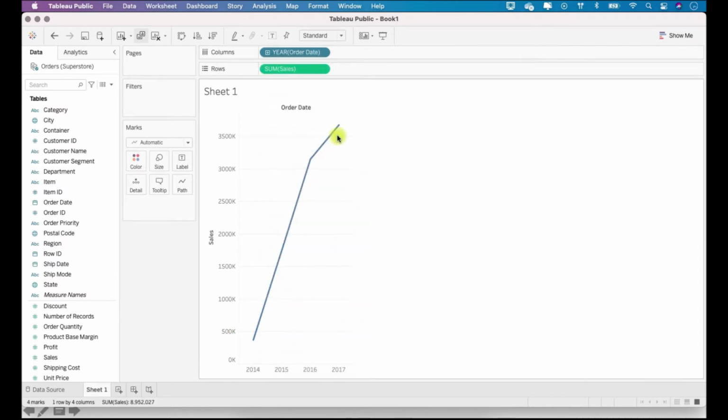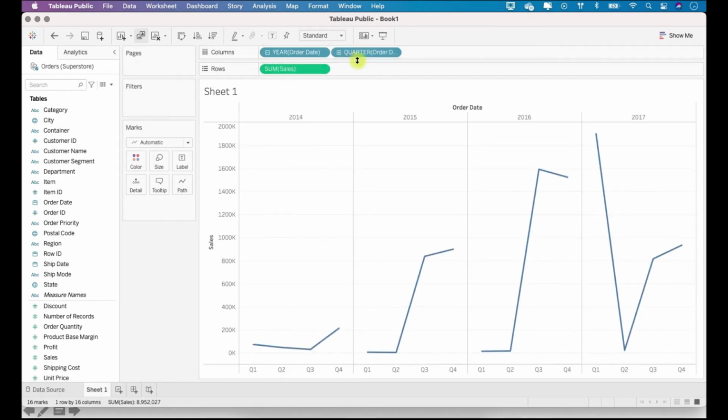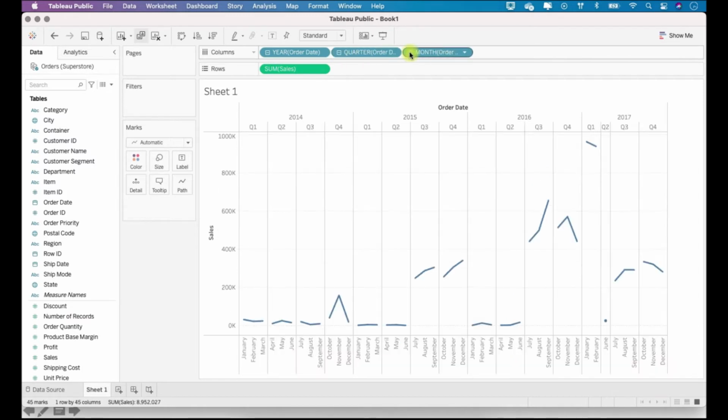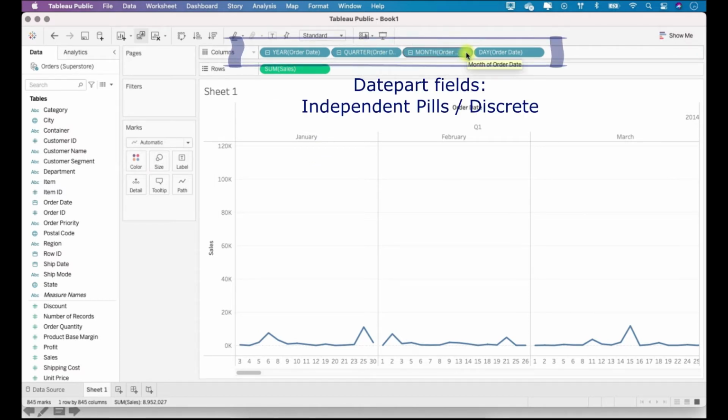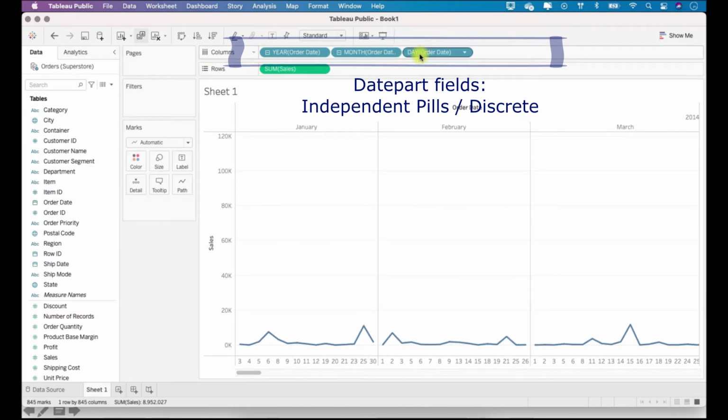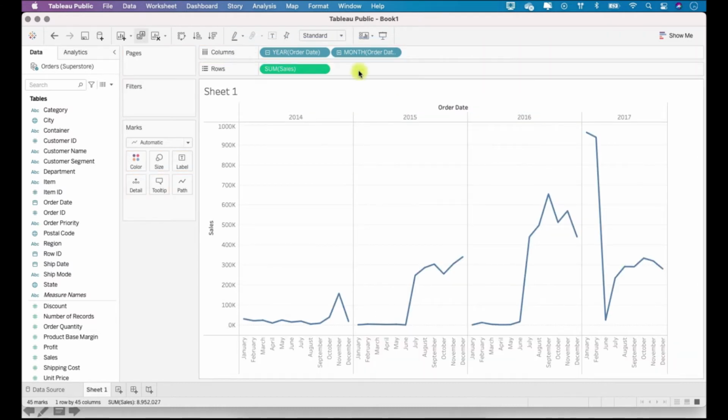Okay. Now in this date part, this plus sign you see here, we can just click on this and keep drilling down, right? So it will drill down till the last available option in your field. So we don't have time information, so that's why it's limited to day. Otherwise, we would have got time information also: hour, minute, second. Okay. Now the best part of date part is that we can remove any of these fields. So if I don't want quarter, I can remove this field. If I don't want day, I can remove this field. So I'm left with year and month.